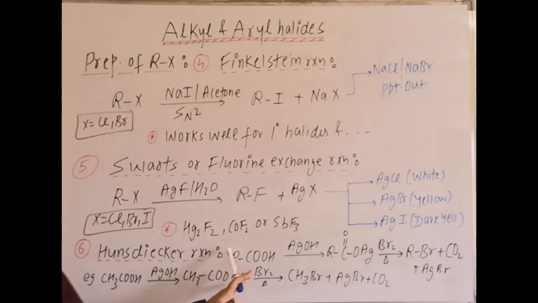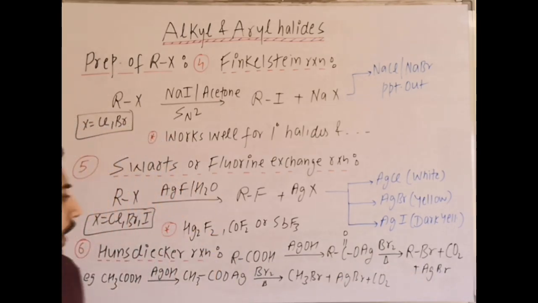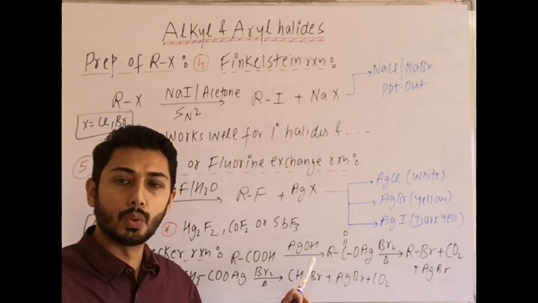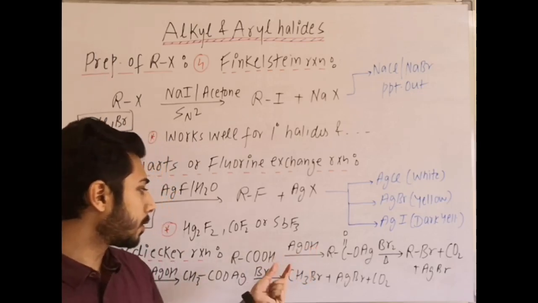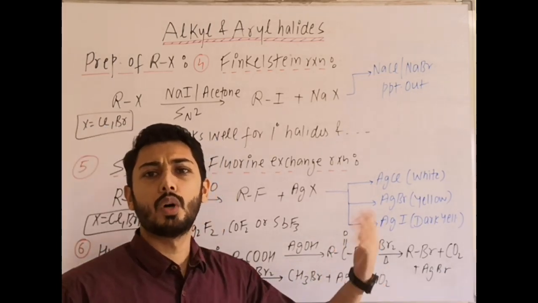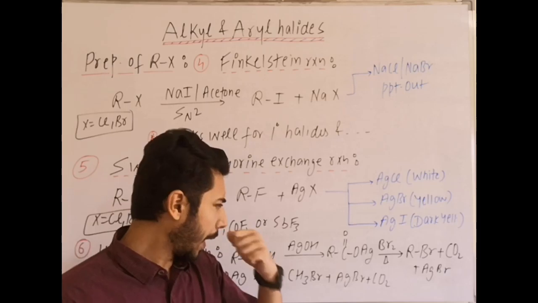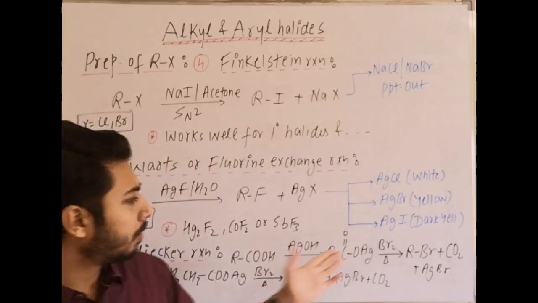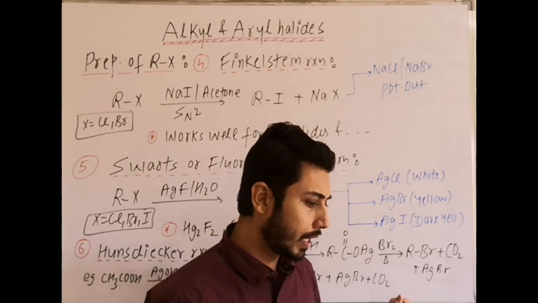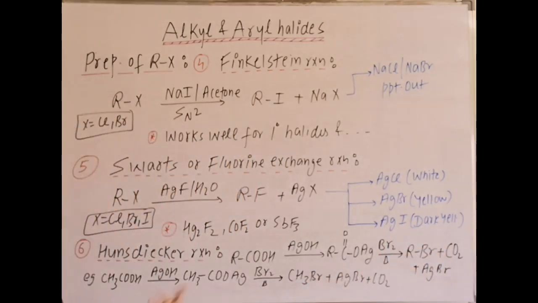In this reaction, we take a carboxylic acid finally to an alkyl halide with one less carbon. How does the reaction proceed? It is carboxylic acid with moist Ag2O or AgOH. OH minus will take H plus and we get a salt, RCOO minus Ag plus. Then the next step is with Br2 or Cl2, it generates free radical, right? CO2 is released and Br attacks. So here it forms RBr plus CO2 plus AgBr. In this case a free radical is formed, R radical combines with Br radical. Directly it can also be written as first step moist Ag2O, second step Br2 or Cl2, heat.